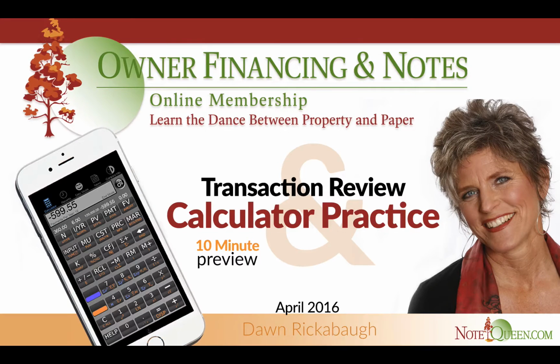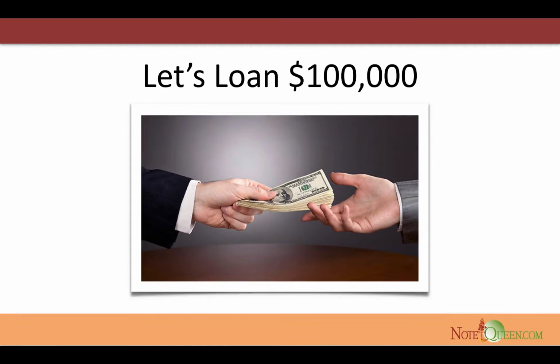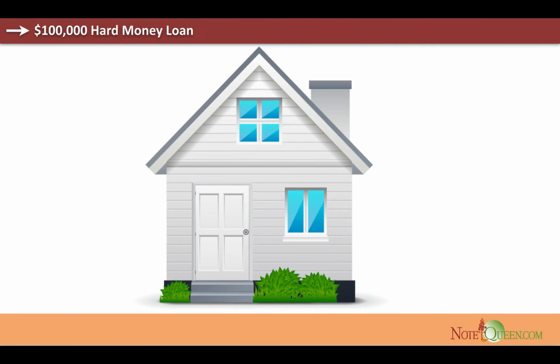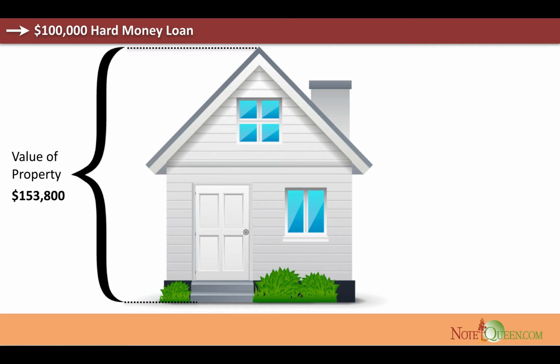Let's just start with loaning $100,000. That's pretty much easy for everyone to figure out. Here's a really conservative private money loan that you could do. So here's a nice house. The property's worth, let's just say as-is value right now, not after-repaired value, not ARV, but as-is value